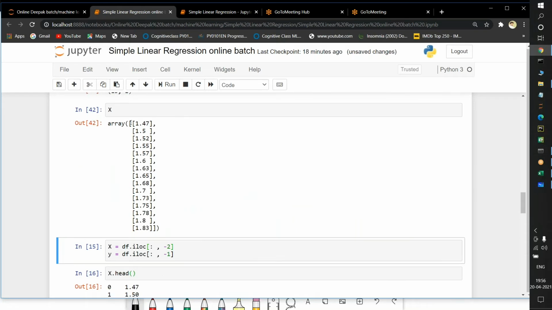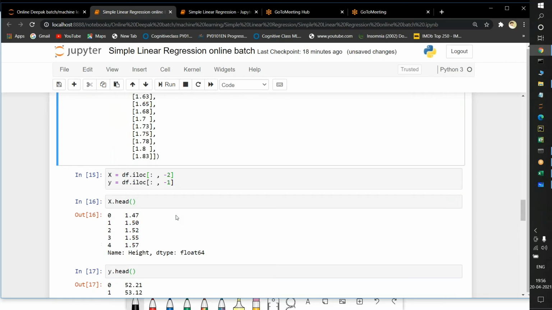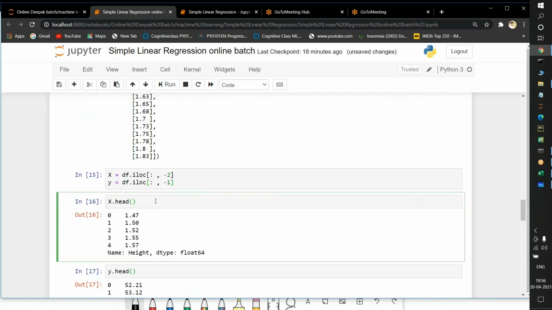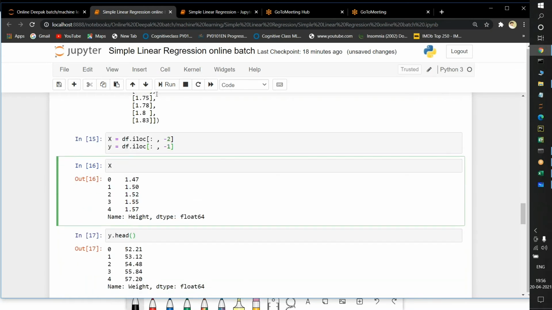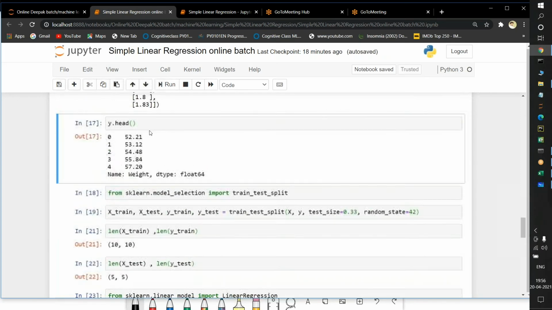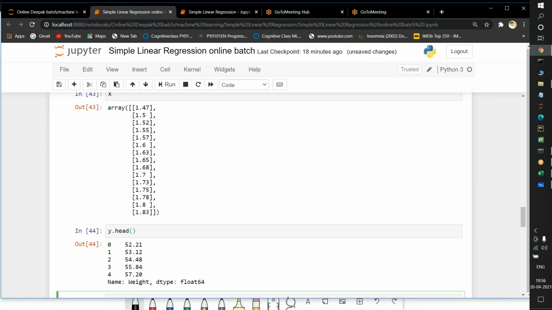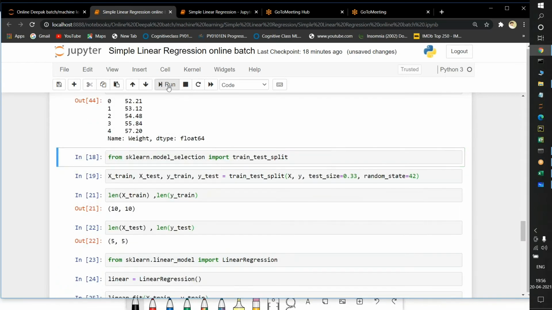Two-dimensional array means, I told you when I was discussing NumPy. Now there is no need of executing this one again. This also I executed, no problem. I'm just executing once again. Observe very carefully, why there is no need of specifying Y here. Y will be stable only because X is going to give values to the Y, because Y is independent here, not X.